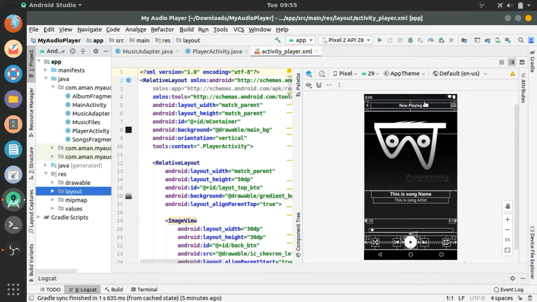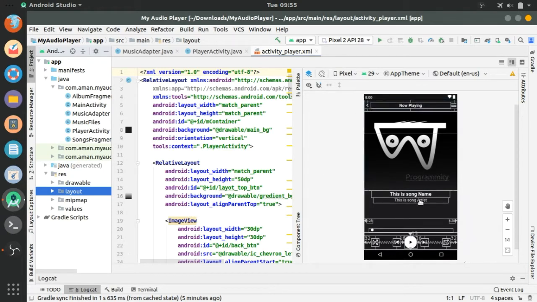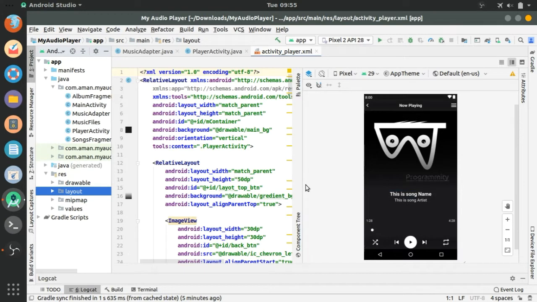In the last video tutorial, we have already designed this layout for the player activity, and in this video tutorial, we will play audio files from our phone memory. So, first of all, we have to go to the player activity